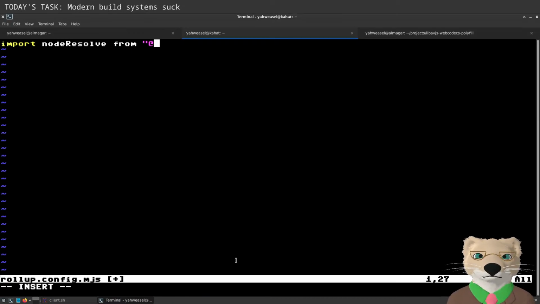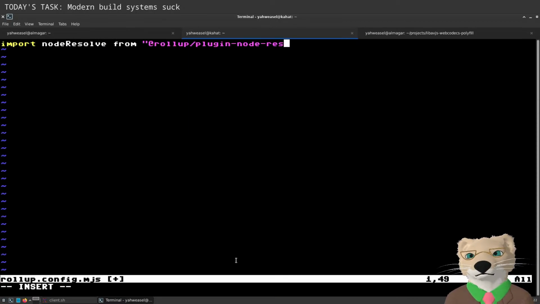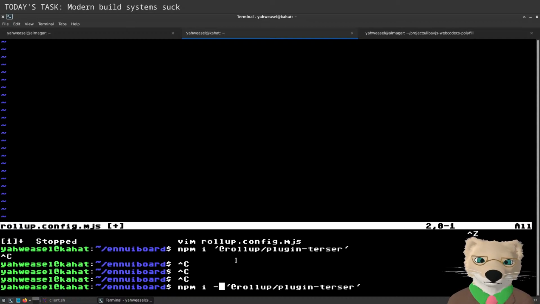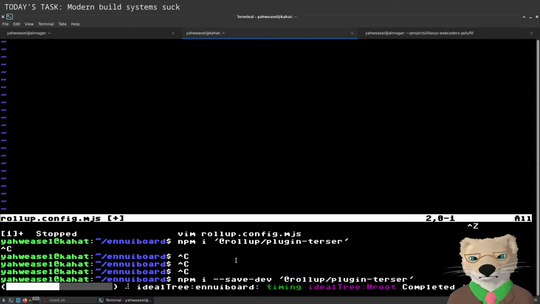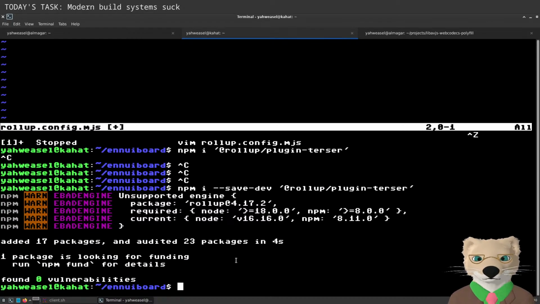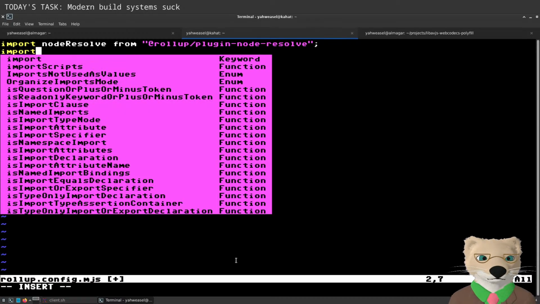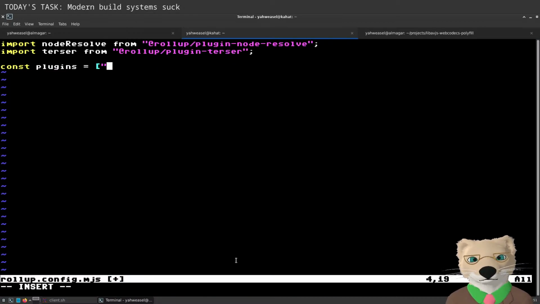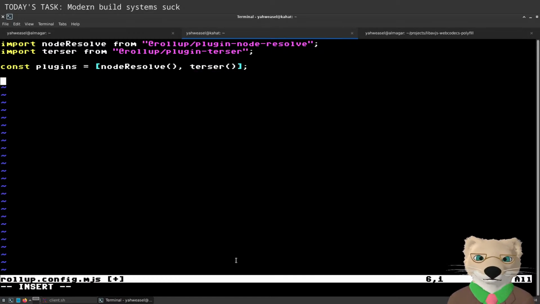Pull up Node Resolve again. Okay. The input is always going to be source slash OnWiiboard.